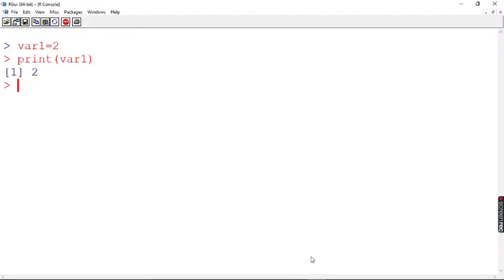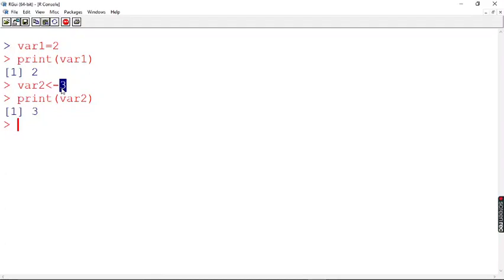The other way is to use the leftward arrow. Now I say variable 2 and use a leftward arrow and give the value. So when you use a leftward arrow, your variable name should be towards your left side and the value should be towards your right side.